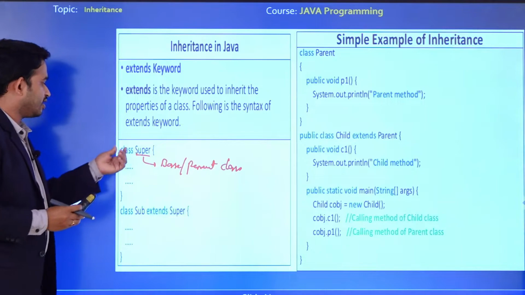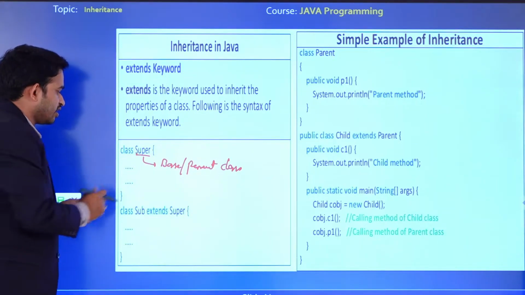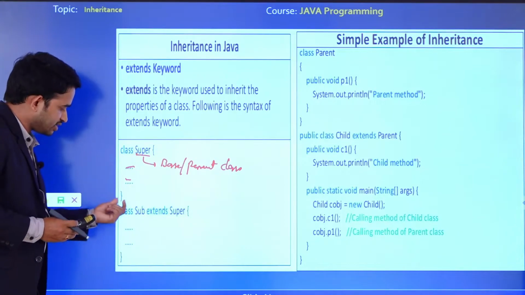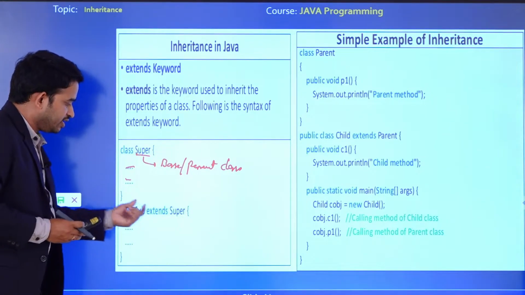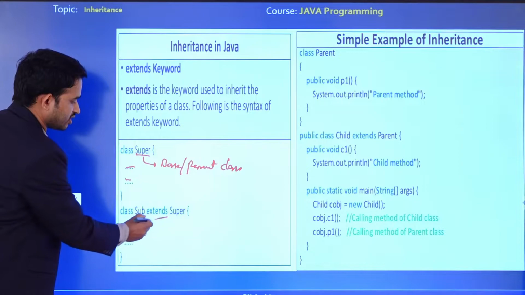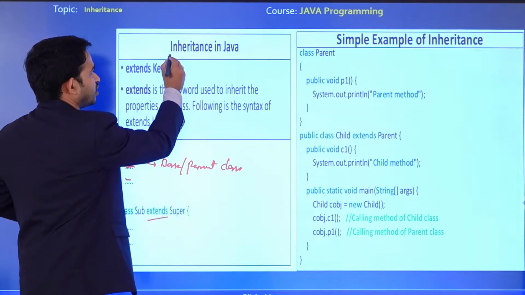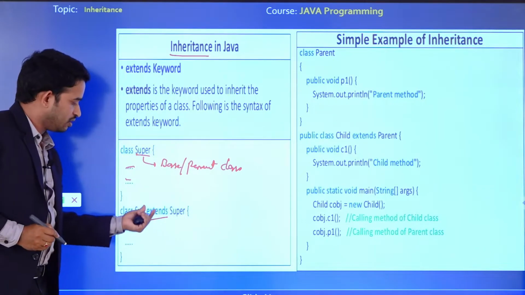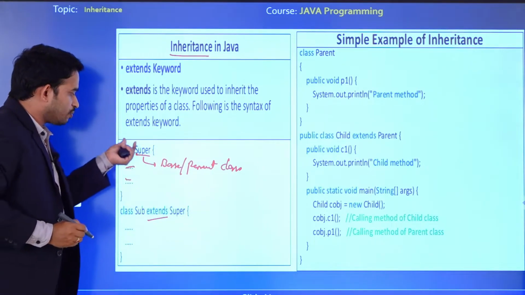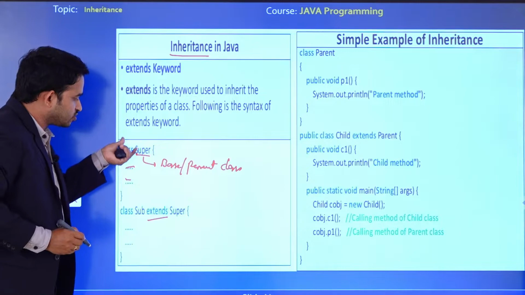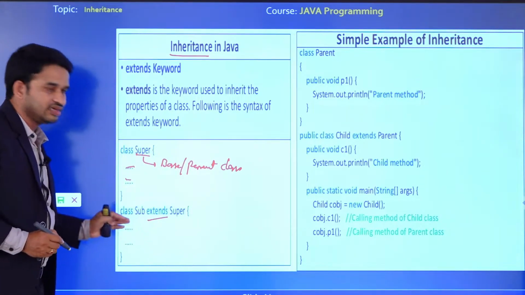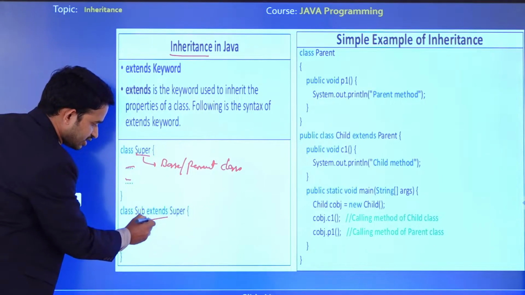Here I declare some properties or actions, like this. Next, I am creating a new class, the subclass, class sub. Here I am using which keyword? Extends. What is the reason? We are telling about the inheritance concept. For inheritance, we use the extends keyword. By using extends, whatever properties or actions we declared in the super class are copied, or acquired, into the subclass. That is the reason we use the extends keyword.